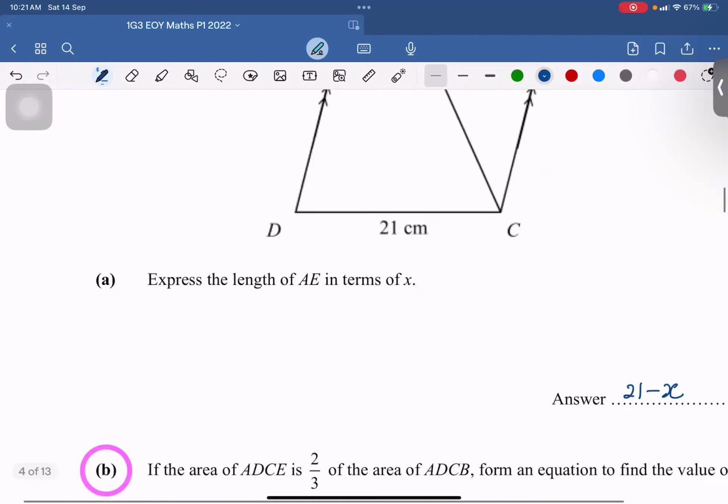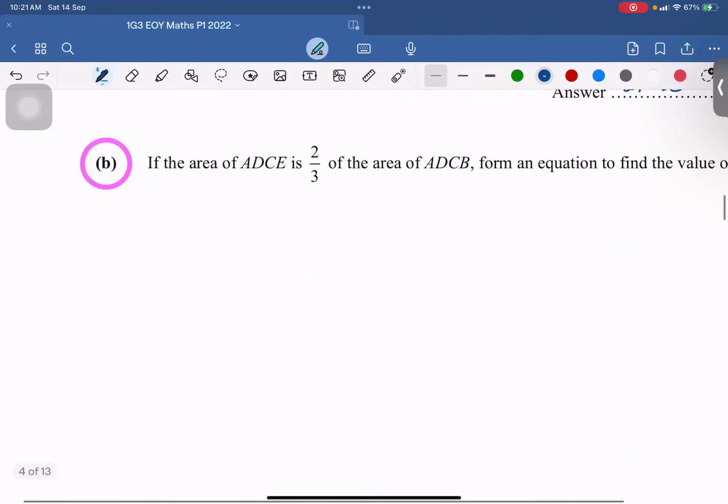Okay, so in this case, the question did say the area of ADCE is 2/3 the area of ADCB. So let's take a look. Area of ADCE equals 2/3 times area of